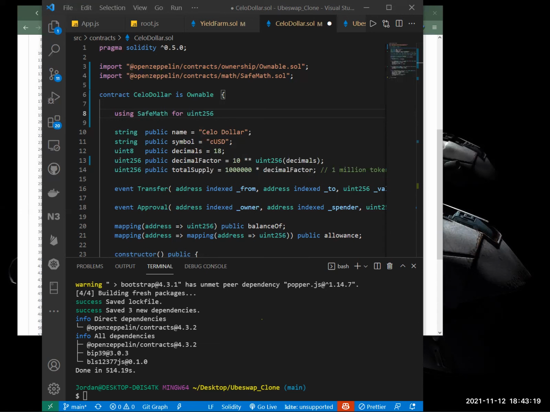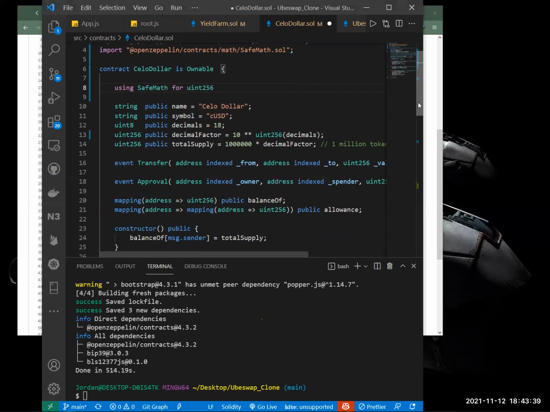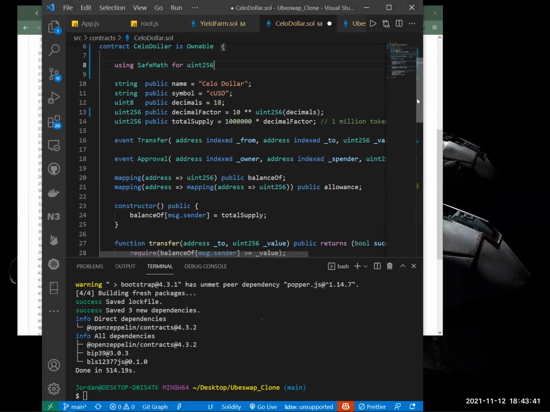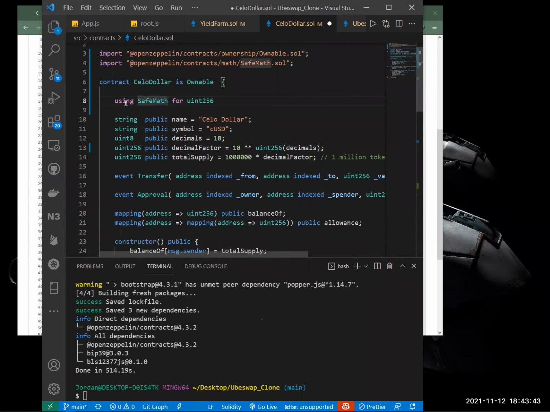I've been writing different smart contracts, so I haven't been doing ERC20 for some time. So once we have declared all that using safe math for uint, then